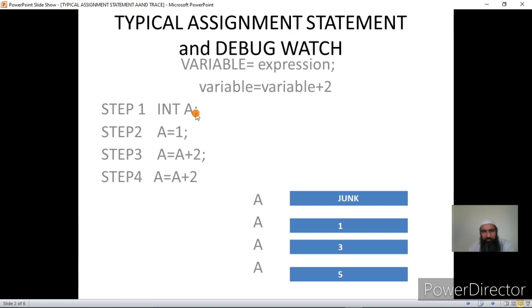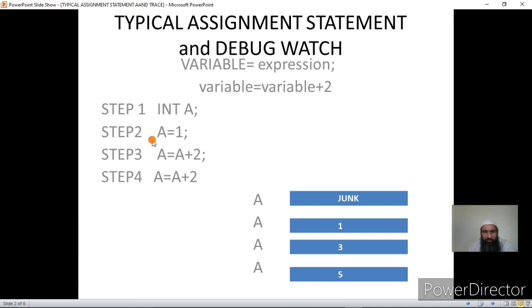In the declarative statement, I am not giving a value initially, that is, I am not doing initialization at the point of declaration. Yesterday I uploaded a video in which I show how we do initialization at the point of declaration, and I have discussed in detail the syntax of the declarative statement. If you don't understand right now, you should see that video also. Now if I say int A, I am not initializing any value to A. It will have a value given by the machine initially. I have explained how that value comes, but that value is called a junk value. In the second statement, we see the change in this memory location named A, that is, I store a value 1 in it right here.